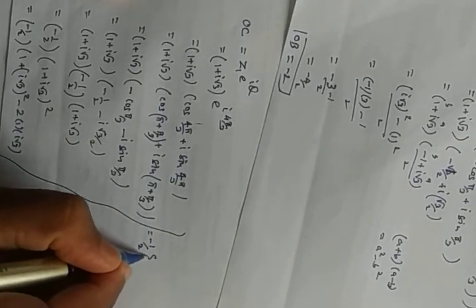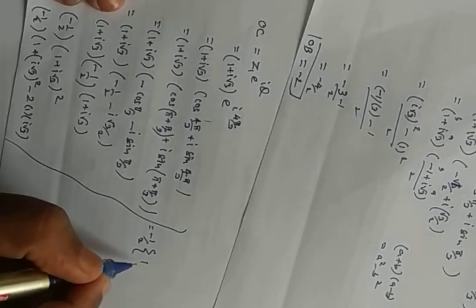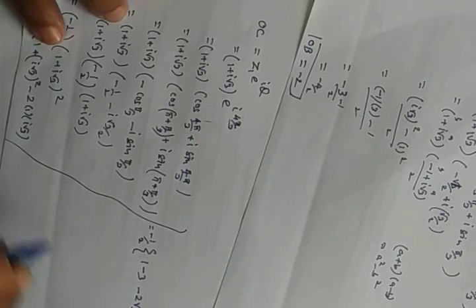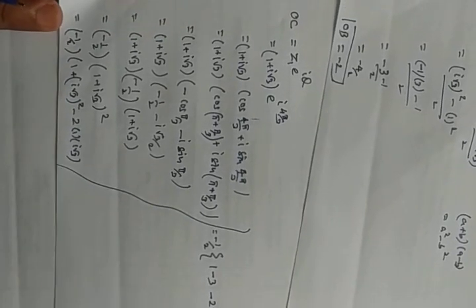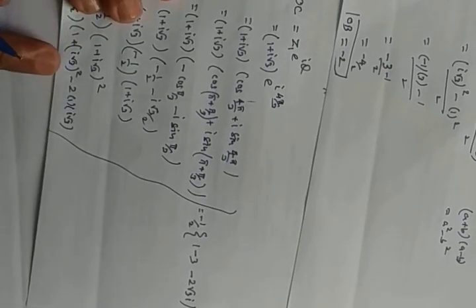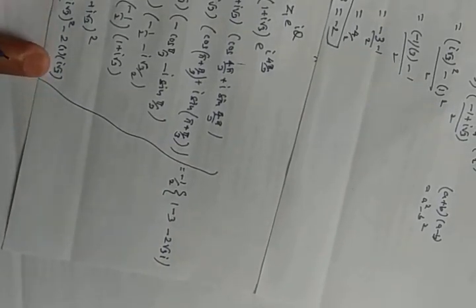So now this is what we are getting: minus 1 by 2. This is 1, this is 1. Root 3 square is 3. i square is minus, so minus 3 will come. So this is minus 2 root 3 i will come. Keep that in mind. I am writing here: this value is minus half, 1, 1. Here root 3 square is 3 only, i square is minus, so 3 into minus is minus 3. So minus 2, and then this is minus 2 into 1 and root 3, that is minus 2 root 3 i.